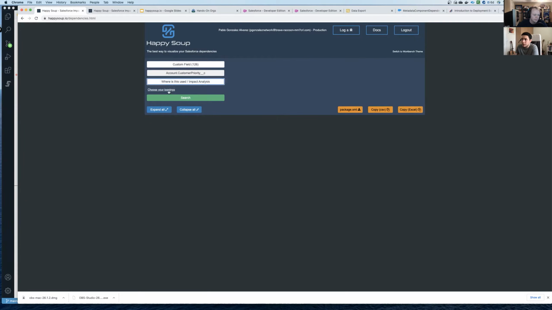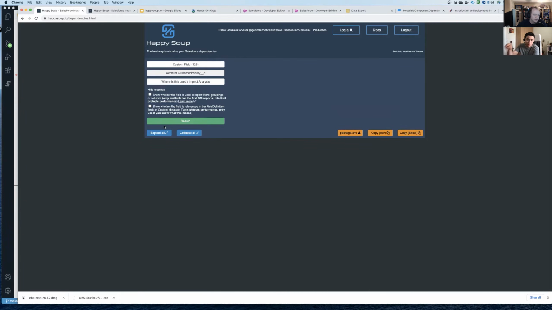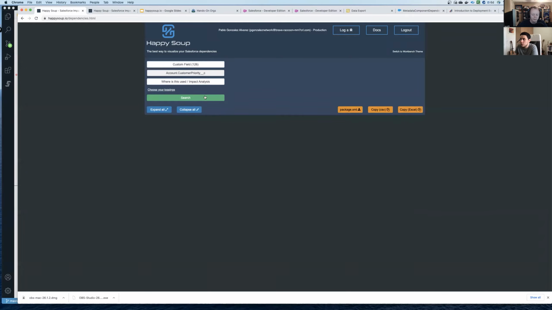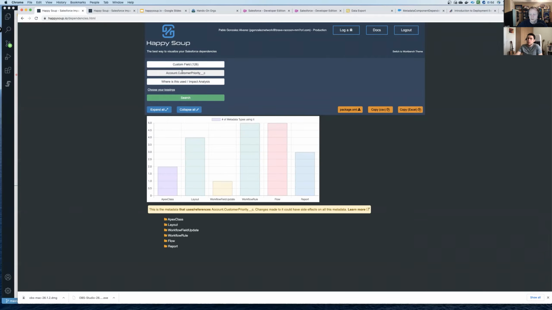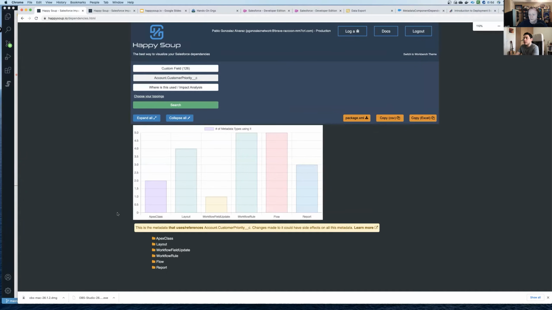And then there are some toppings, like when you order a pizza, you can add additional things on it. It's the same concept here, but I'll explain this in a moment. So let's just do it right there, right? Where is this, use impact analysis? I want to see what happens if I make a change to this customer priority field. So the first thing we see is